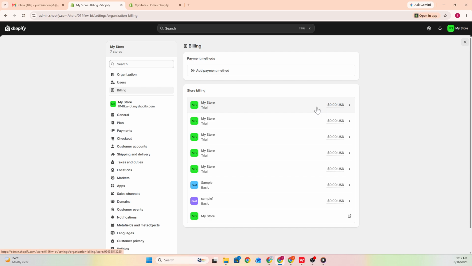This area provides access to your billing history and allows you to keep track of charges associated with your Shopify store. You can also review past invoices directly from this section. If needed, there is an option to export your billing information. This can be useful if you want to save a copy of your billing records or review your transaction history